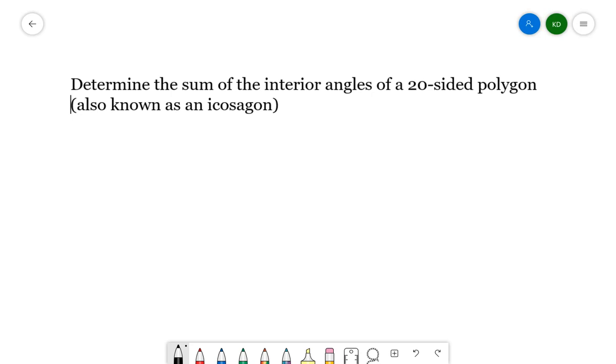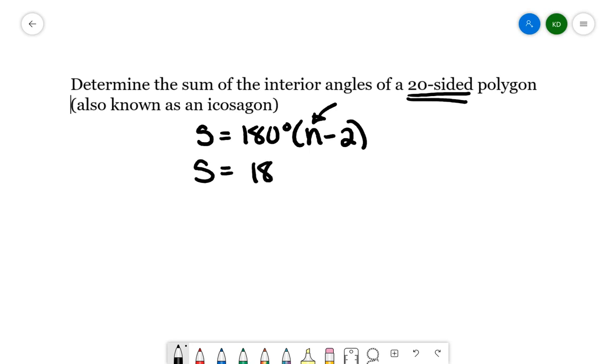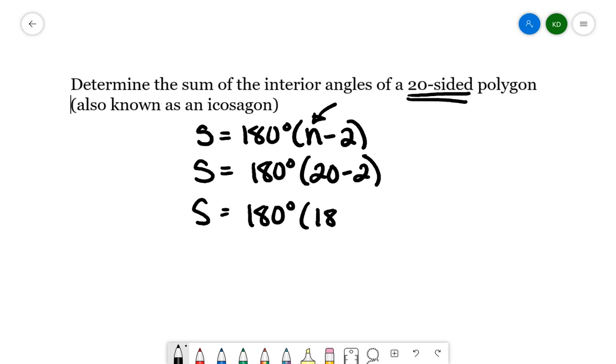We're going to start with our formula. So S equals 180 degrees times n minus 2. In this case, n is how many sides? Well, we're looking at a 20-sided polygon. So let's input 20. 20 minus 2 will give us 18. And then we're going to times that by 180. What we should get here is